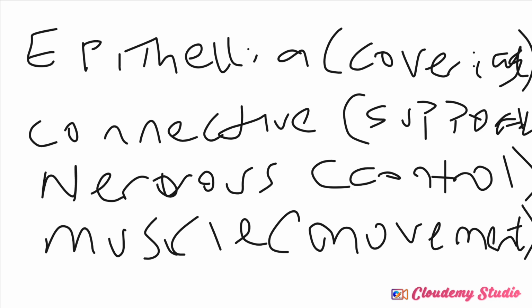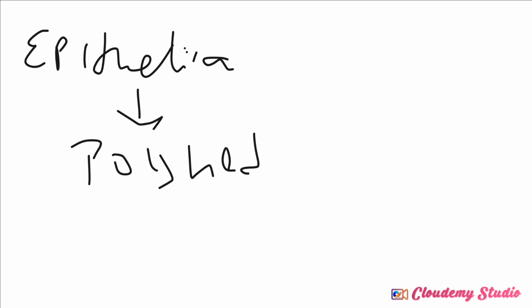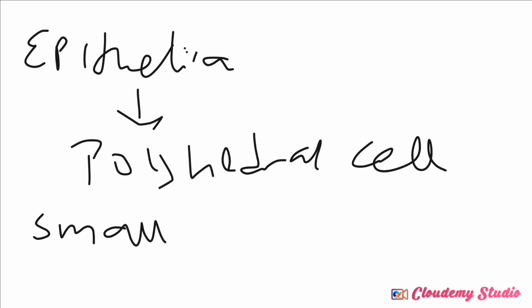You understand? Now, what is epithelial tissue? Let me take epithelial tissue first. I'll just introduce you to what we know as epithelial tissues. Epithelial tissues are aggregates of polyhedral cells. Polyhedral cells, which means the cells in epithelial tissue are polyhedral, with a small amount of extracellular matrix, which means they have a small amount of ECM. You understand? They have a small amount of extracellular matrix, and the purpose is for protection,